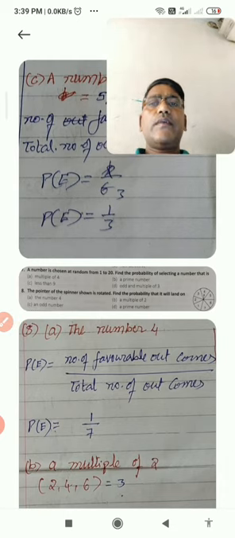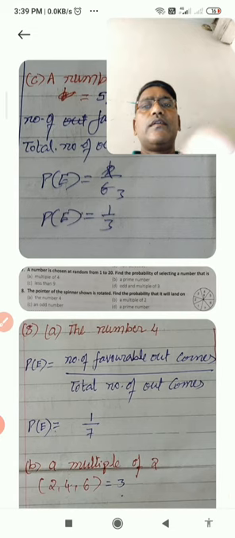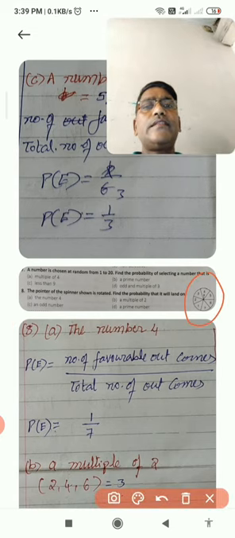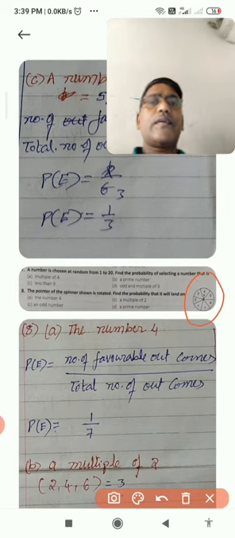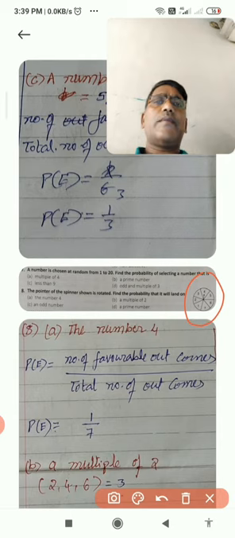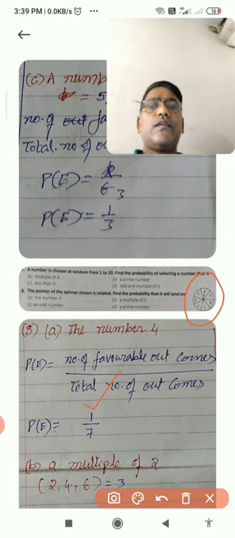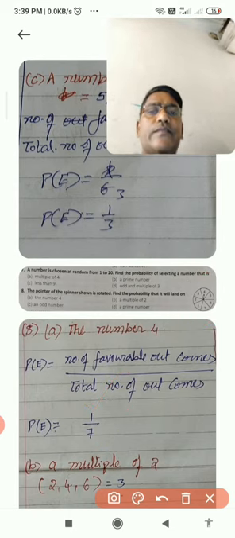One more question I am taking is question 8, an important one. Here you observe, there is a diagram also given. In this diagram you are observing numbers 1, 2, 3, 4, 5, 6, 7. Out of that, same as the dice, odd numbers, even numbers, prime numbers, the model is the same only. The number 4, how many times does it come? You count in the diagram. It comes one time only. So favorable condition 1, total number of conditions are 7.